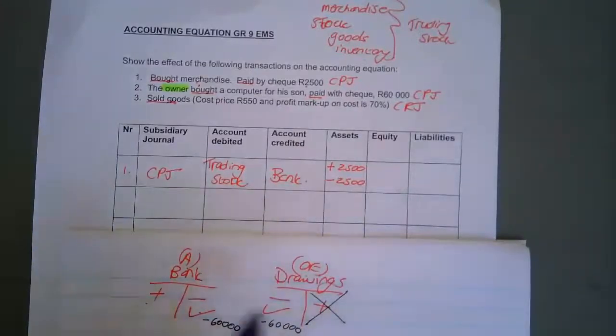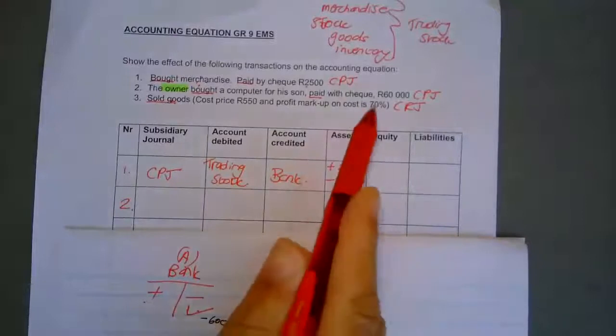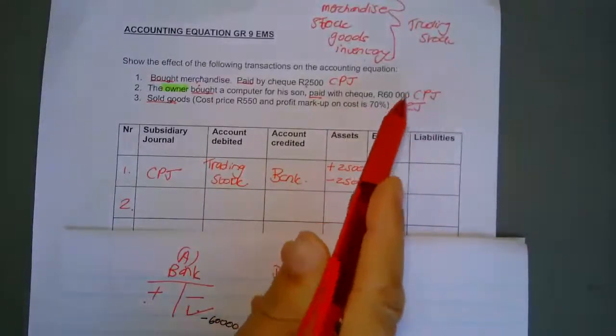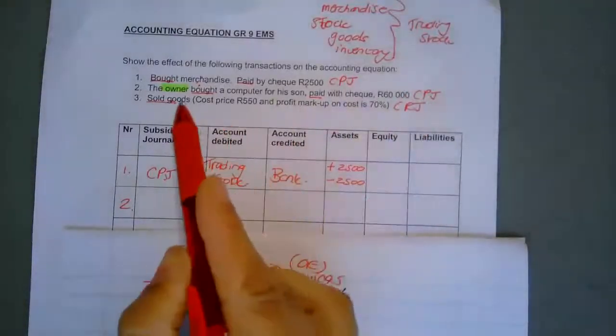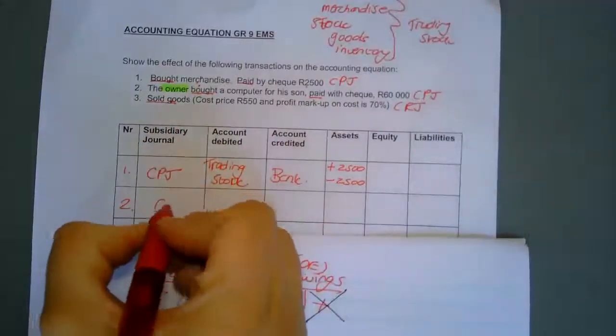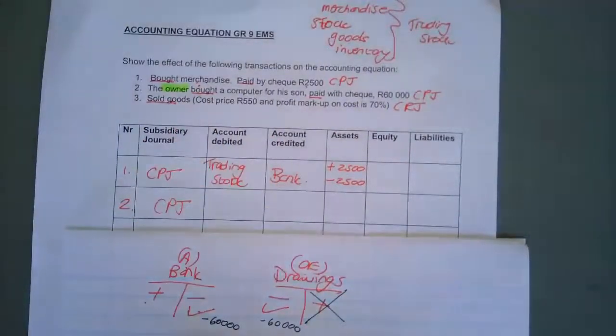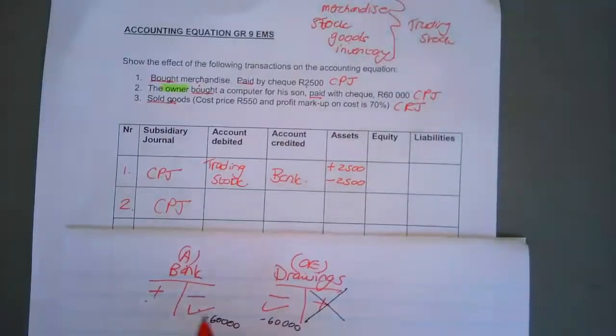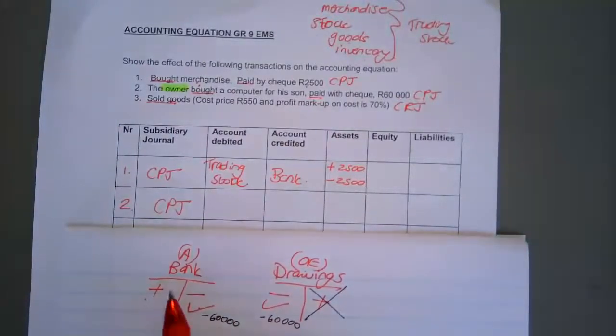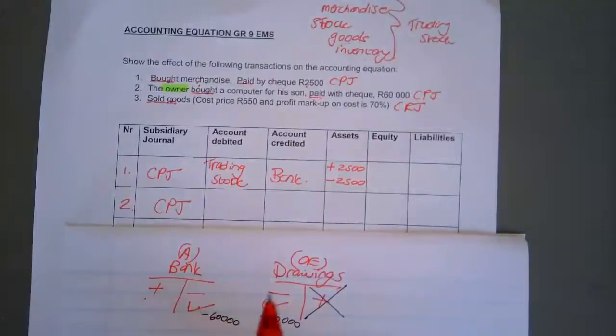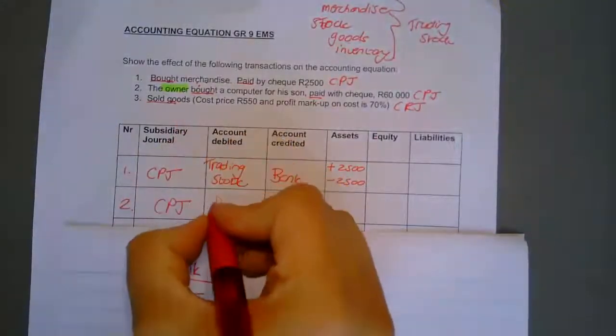So now you have to place this into the column. It is transaction number 2. We know that we are paying, bank is losing money. We are paying on behalf of the owner, so it is the cash payment journal. Which account is debited? Which account is credited? Remember, the left side is the debit side and the right side is the credit side. Drawings is debited, therefore,